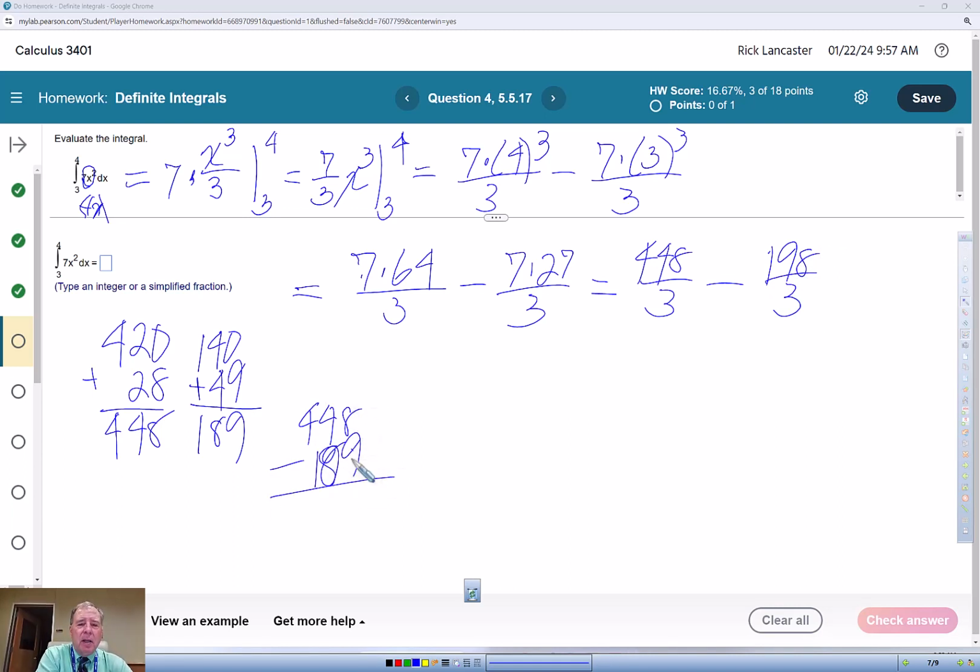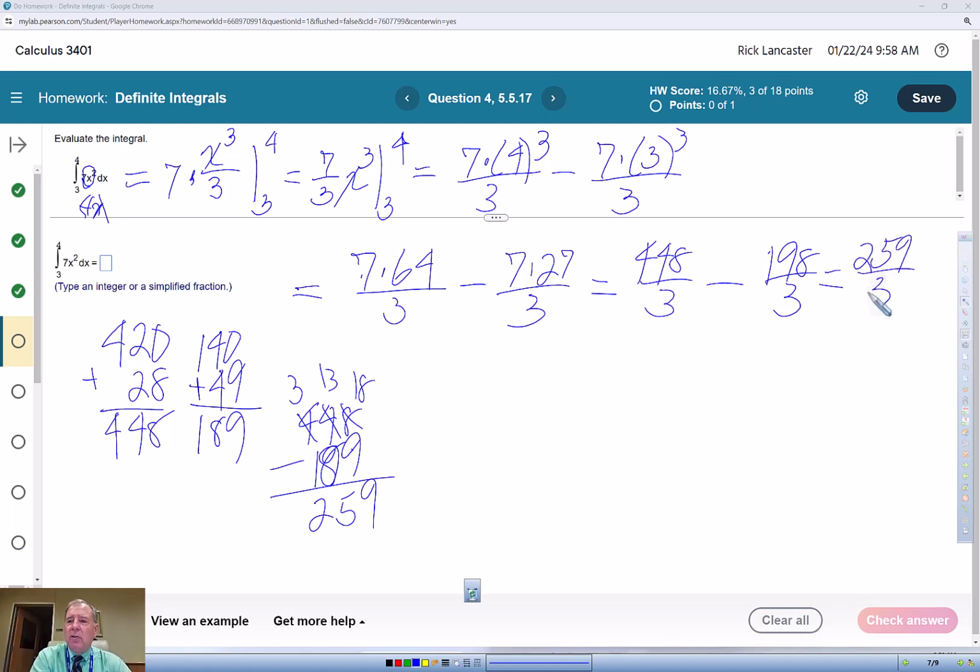And then if I do 448 minus 189, can't subtract here, so I'm going to borrow a 1 from the 4, so this becomes an 18. 18 minus 9 is 9. And then this is 3 minus 8. Can't do that, so I'm going to borrow 1 here. 13 minus 8 is 5. 3 minus 1 is 2. So my final answer is